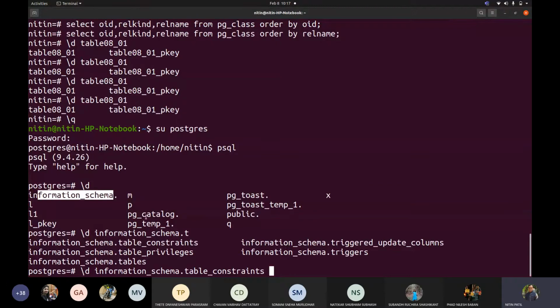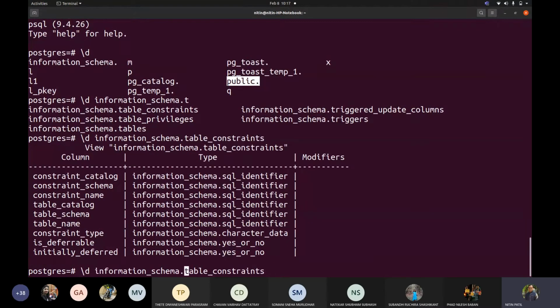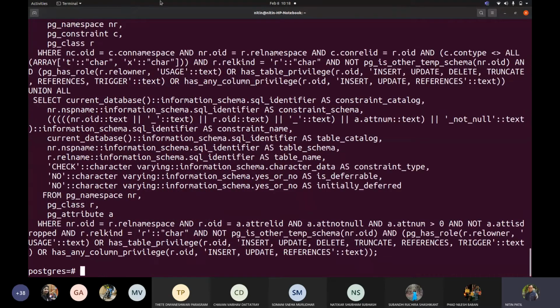So as a task for today, try to differentiate or try to find out what this PG catalog contains and what this information schema contains. So, as I already mentioned, this PG toast, we are going to see later. This is a schema where all your relations are stored. So if I go with this and if I write ds plus, so one can see the query